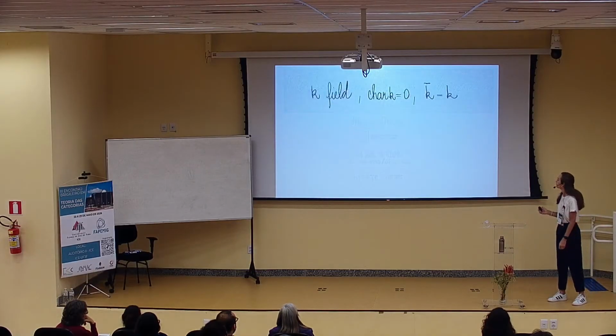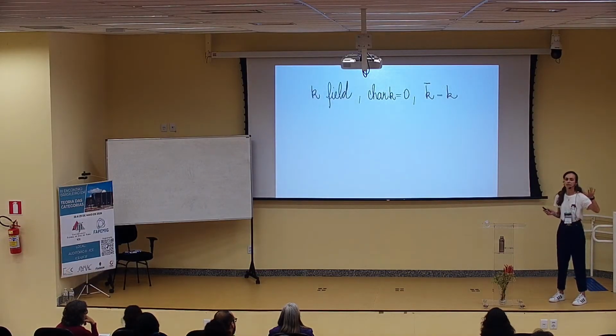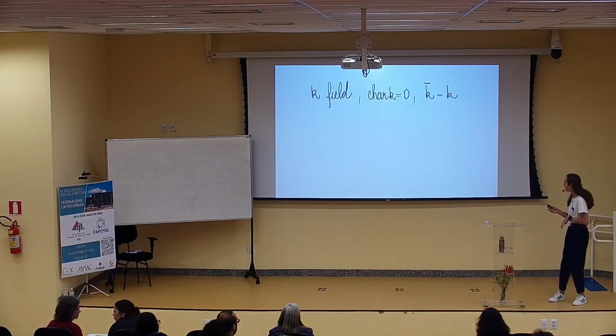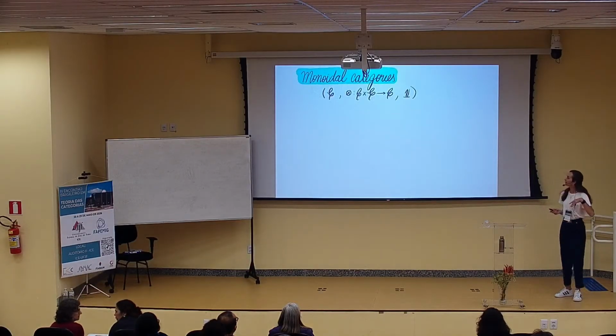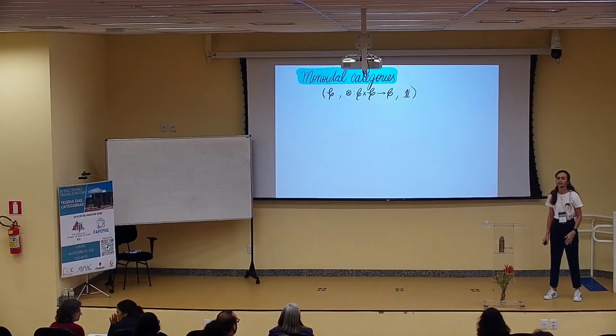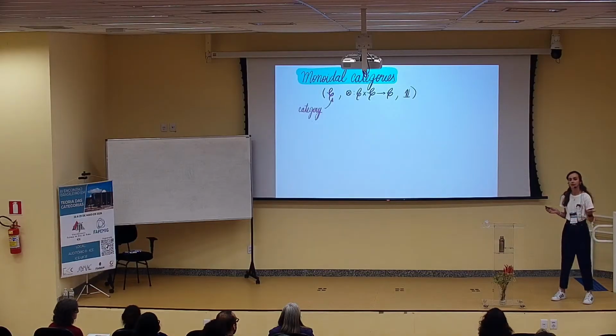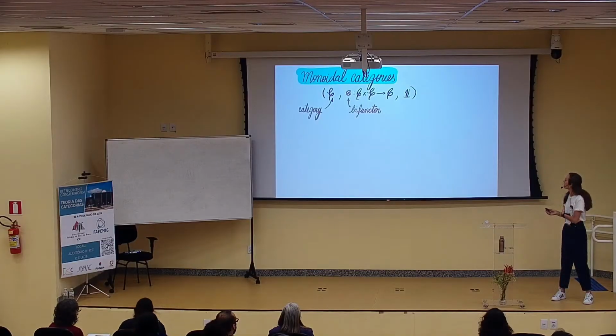Okay, so every time K appears, it is going to be a field of characteristic 0 and algebraically closed, just in case. Okay, I would like to recall the definition of monoidal category that Daniel gave us yesterday. So what is a monoidal category? We have a category, we have a bifunctor, and we have this distinguished object in C,